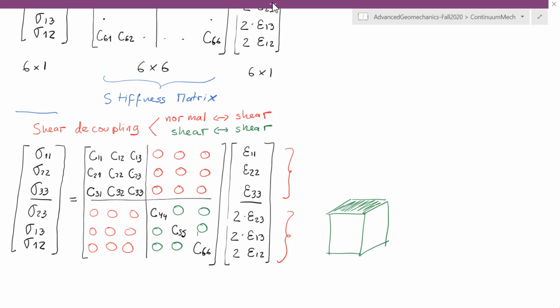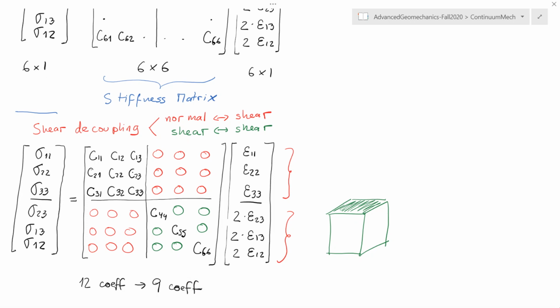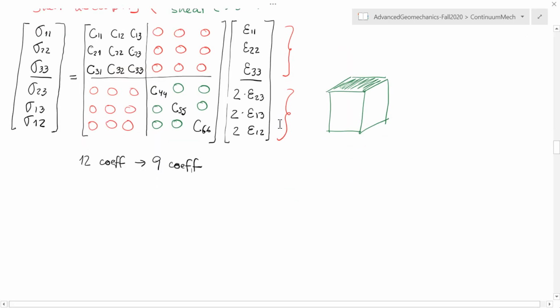So instead of the 12 independent coefficients that you see over here, we're going to have actually 9 independent coefficients. And these 9 independent coefficients are going to be able to fully define what is known as the orthorhombic geometry or the orthorhombic symmetry. And let me make a schematic about this. So now with 9 independent coefficients, I have the orthorhombic